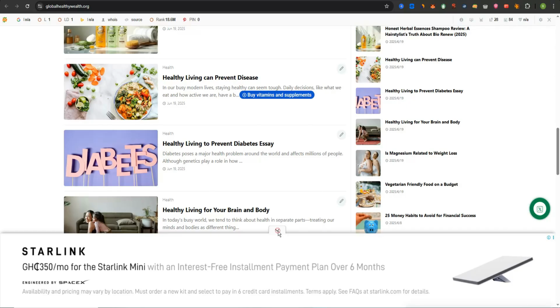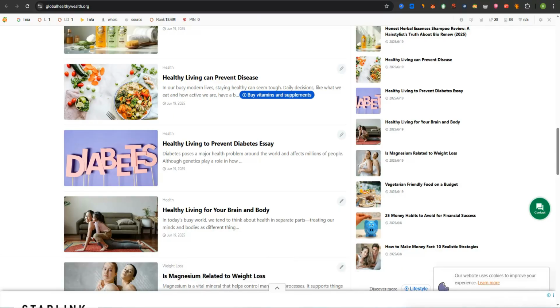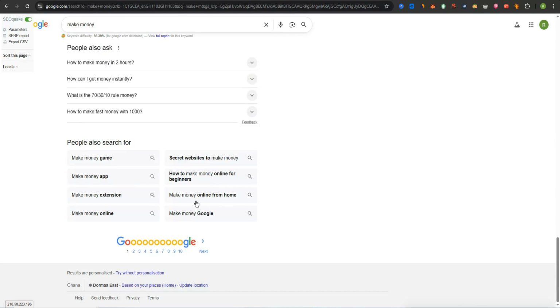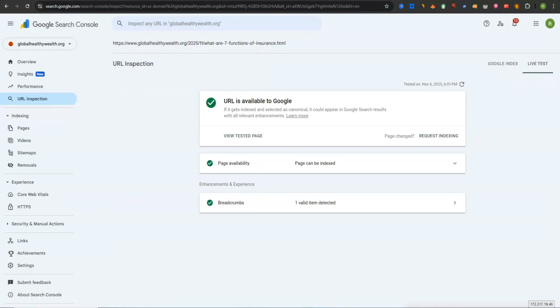So what you need to do is work very hard to use the keywords that people are also asking for. Or you can scroll to the bottom section where it says people also search for, to write this kind of content in order to make your website appear on Google. Because if you provide answers to these questions and you use Google Search Console to also index the URL of your website, that means anytime somebody searches for these exact keywords,